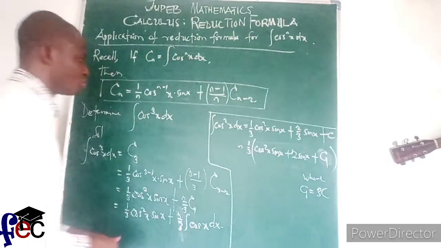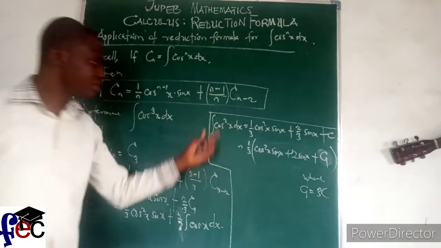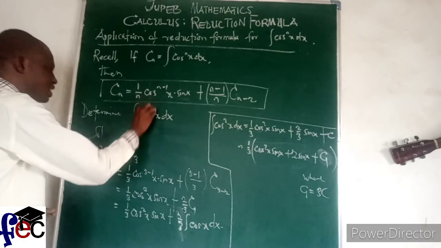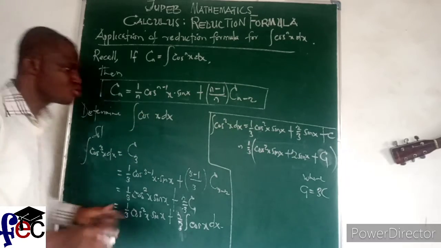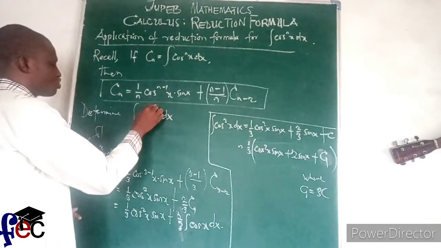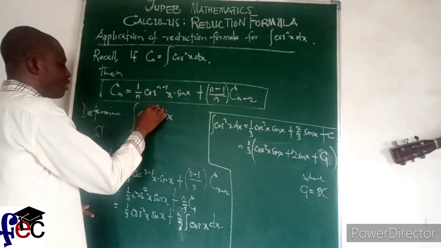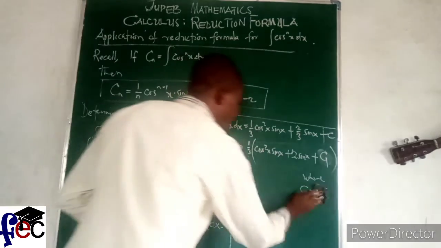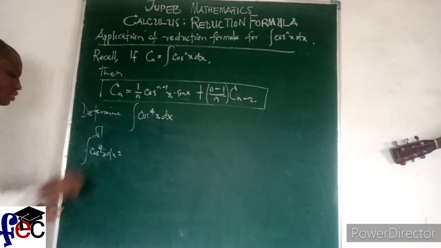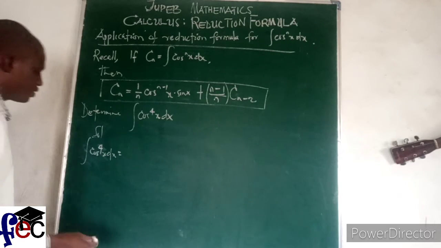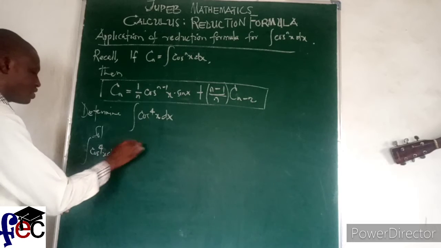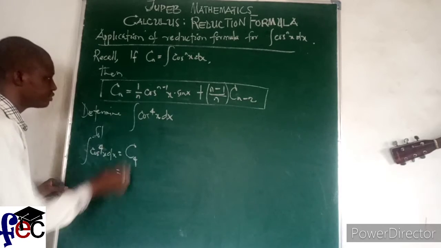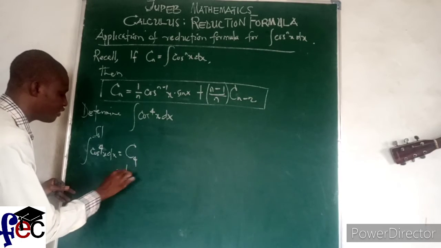So that's how to get the integral of this using the reduction formula. Suppose you were now asked to determine this raised to power, I want to use an even number now. Let's assume this is for odd. Let's assume you are given for 4. How will you do that? We are going to call this one C sub 4. We'll follow the same approach. What do we have? We'll have 1 over 4.